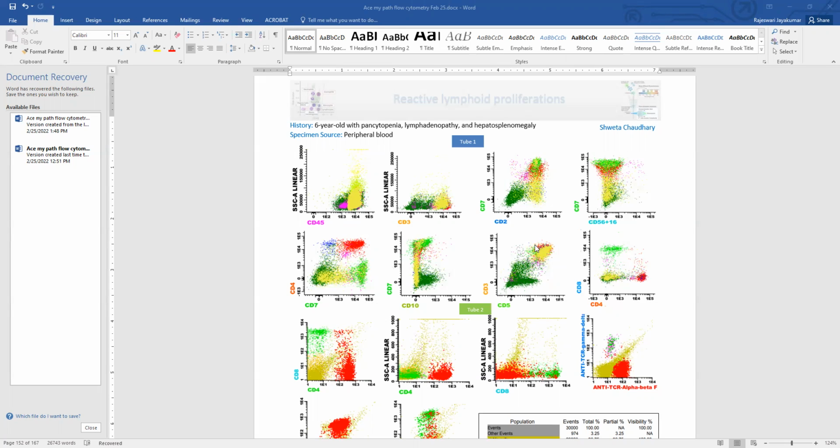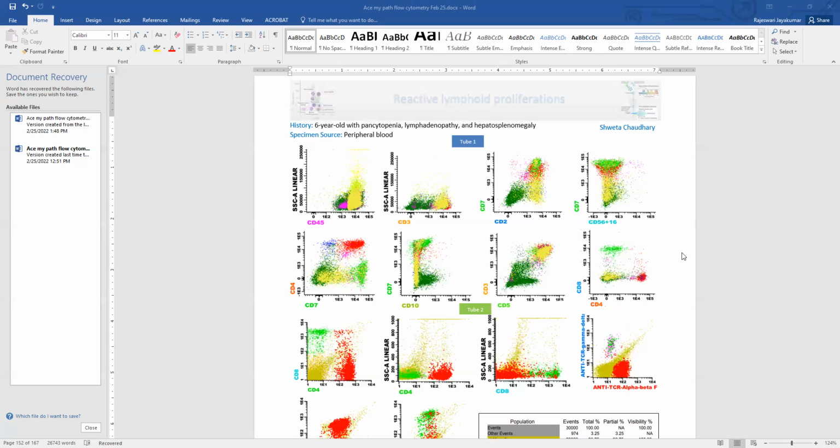Let's just focus on the yellow population here. The yellow population are T cells. They are positive for CD3, positive for CD5, positive for CD2. They have a variable 7. However, they're negative for both CD4 and CD8. So now let's look at the patient's history again. So this is a child with pancytopenia, lymphadenopathy, and hepatosplenomegaly. So in this background, when you see 4-8 double negative T cells, you have to think about